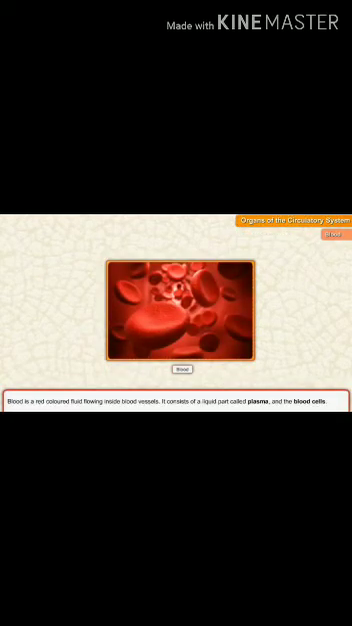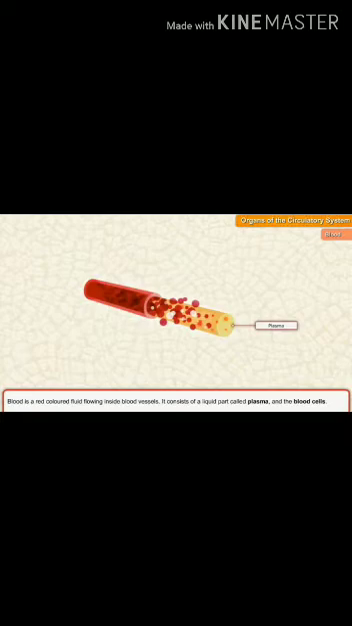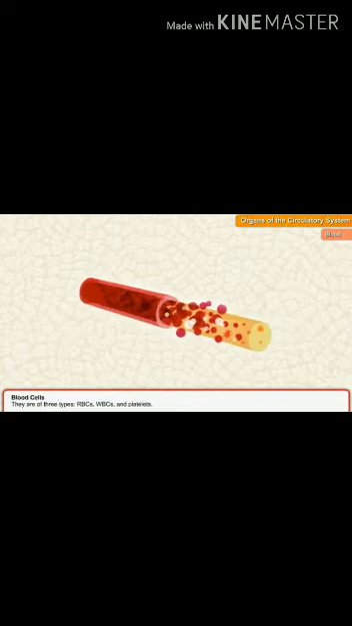Blood. Blood is a red-colored fluid flowing inside blood vessels. It consists of a liquid part called plasma and the blood cells. Plasma is the fluid part of the blood that carries nutrients and waste products. Blood cells are of three types: